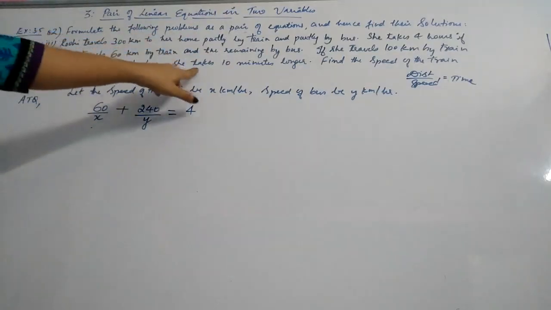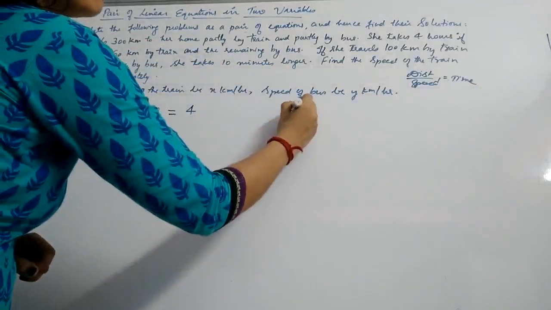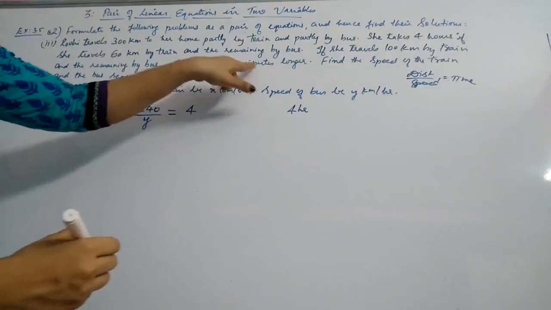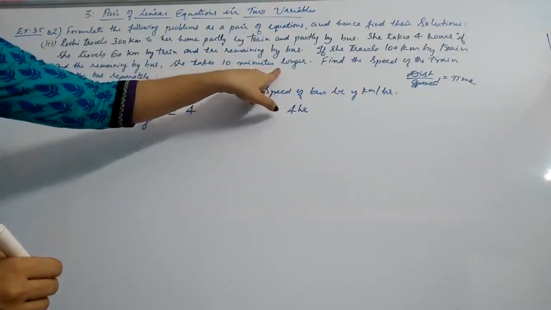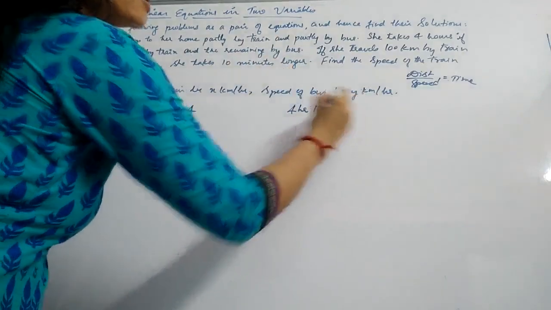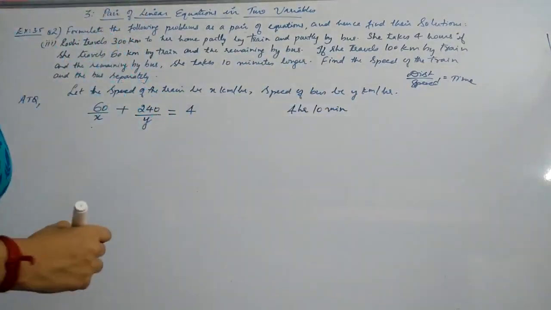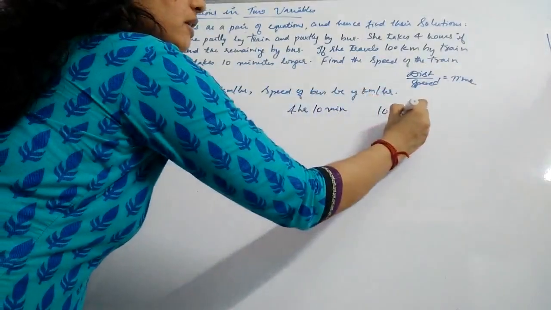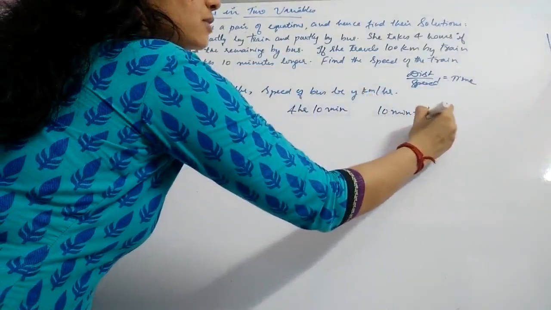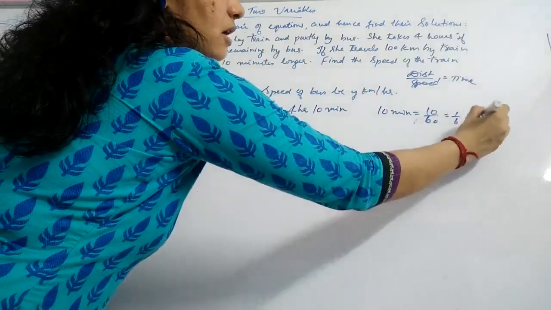Here we have to find out first the time. For the second equation you will have 4 hours and takes 10 minutes more. That means plus that 10 minutes. 4 hours 10 minutes is the person's total travelling time. So that 10 minutes should be converted to hours, and 10 minutes will be converted in hours as 10 divided by 60. 10 by 60 is 1 by 6. So this is your hour concept.